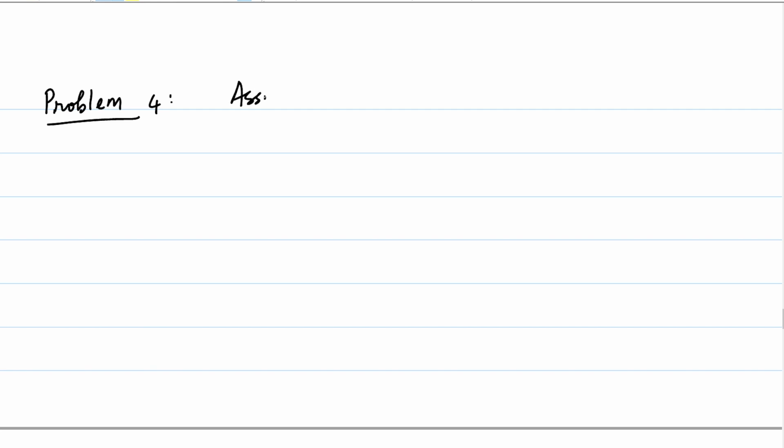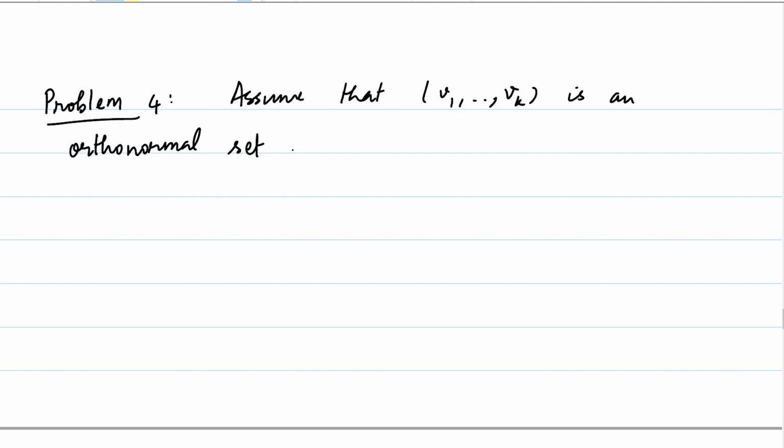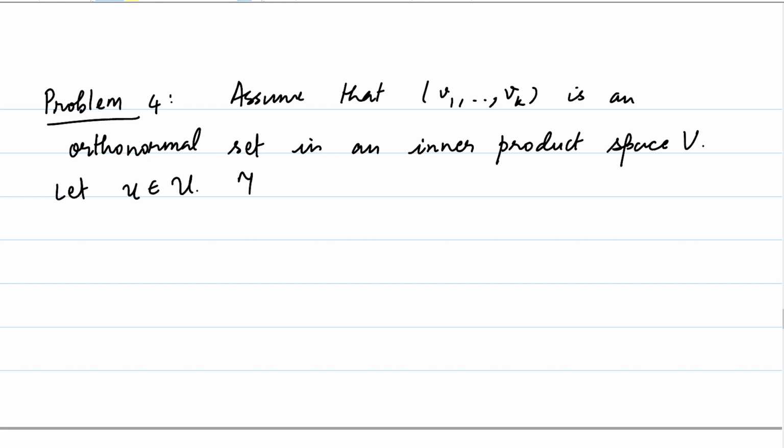So assume that V1 to Vk is an orthonormal set in an inner product space V. Let U be some arbitrary vector in V. Then prove that